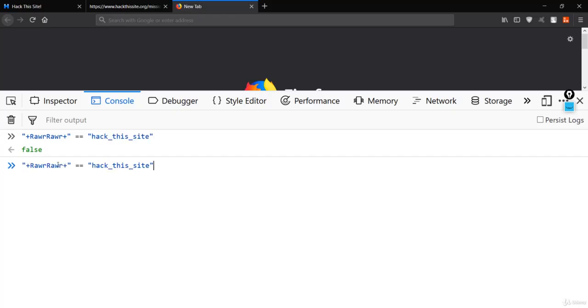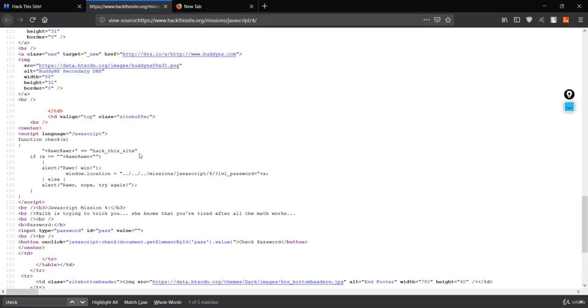If it was something like "hack this site" equal to "hack this site", it is going to give us true because this string is equal to this string. But here it is not true, so this doesn't make any sense. So this was doing nothing over here.